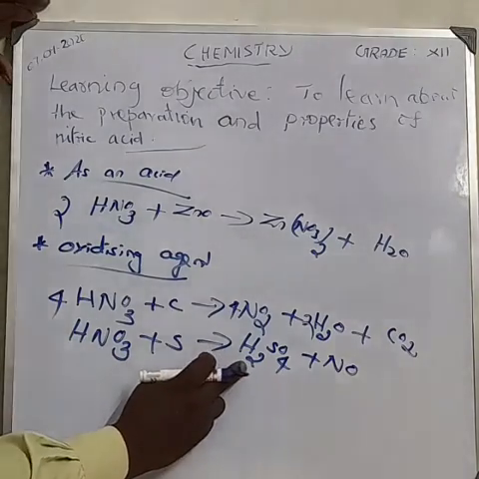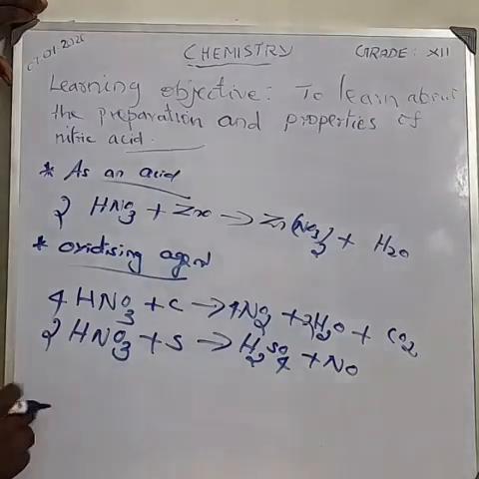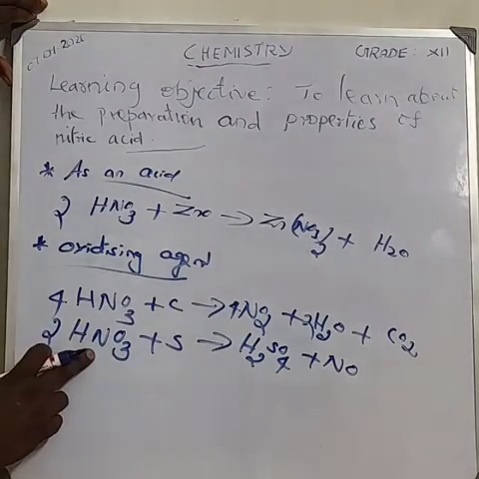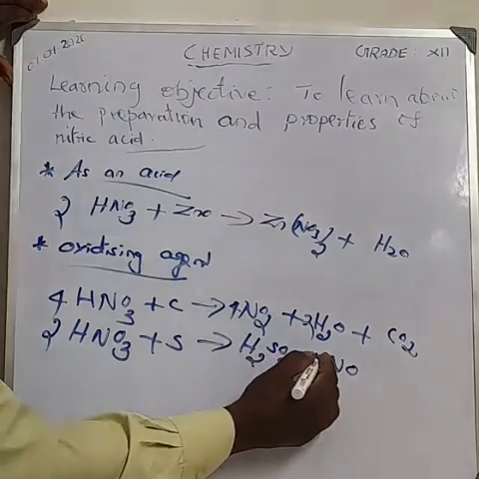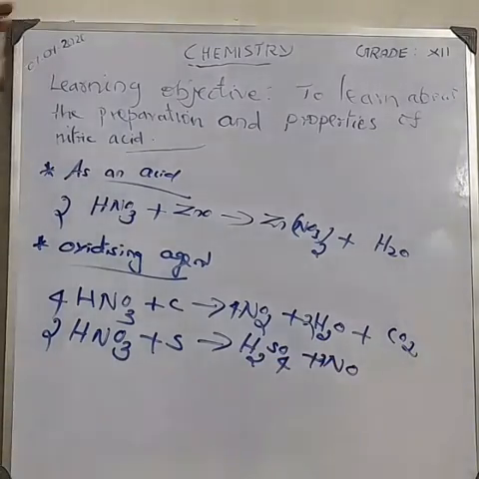Here having 2 hydrogen, so make it 2 here. Okay. Now how much nitrogen is there? 2 nitrogen, so make it 2 here. Now the equation is balanced. Am I right? Tell me about that.